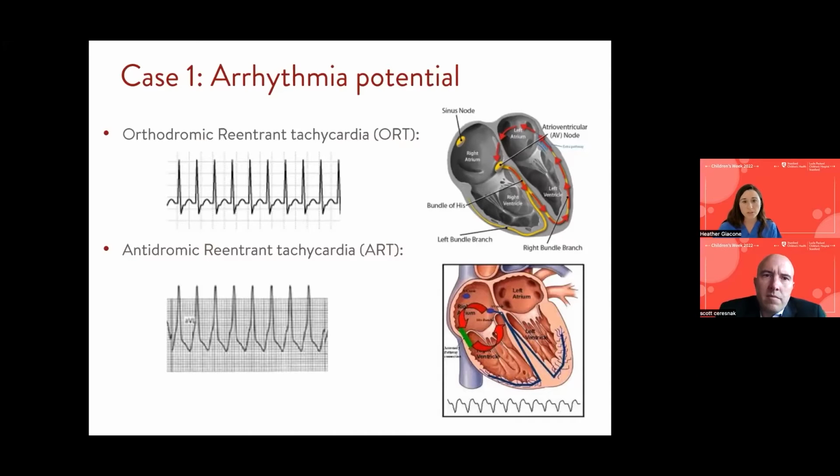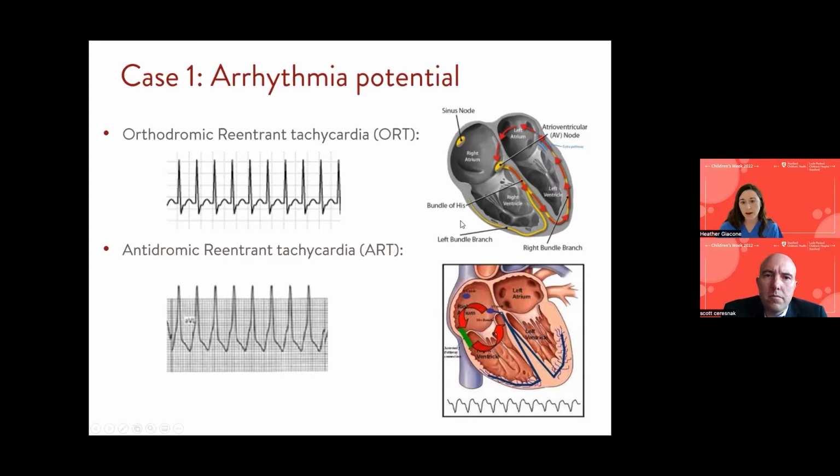The first being orthodromic reentrant tachycardia. You can see this narrow complex tachycardia. And this is, I don't know if you can see my pointer. Can you guys see my pointer? Okay. So this is mainly caused by a PAC or some sort of early beat, most commonly, that then goes down the normal conduction system and goes back up this accessory pathway. It creates this circuit here that takes over above the signals from the sinus node and gets into a circuit. And so you have that tachycardia or SVT.